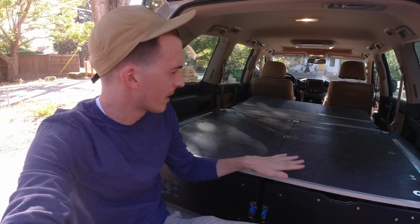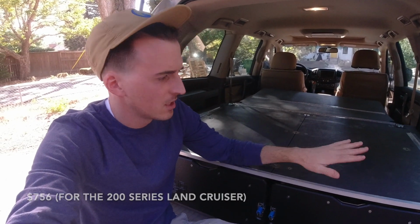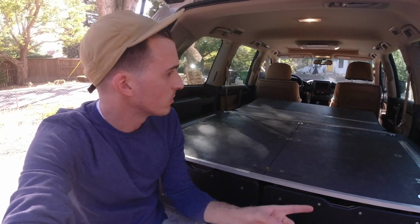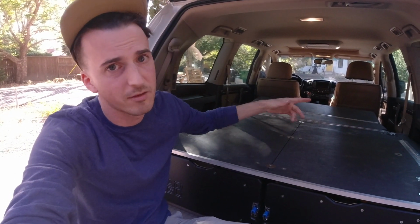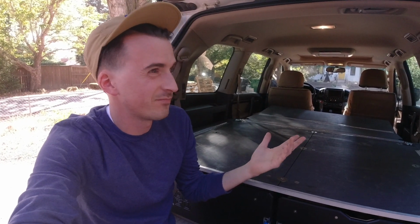I believe the platform costs about $800. Each drawer costs about $500, and between the dividers and adding the sleeping platform, that's how you get to that $2,000 figure. As far as weight goes, keep in mind with the 200 series Land Cruiser, 98% of them were